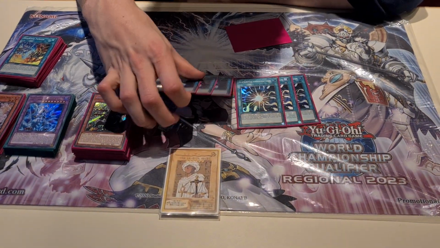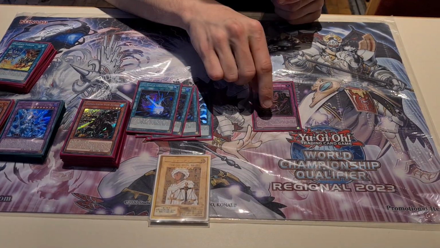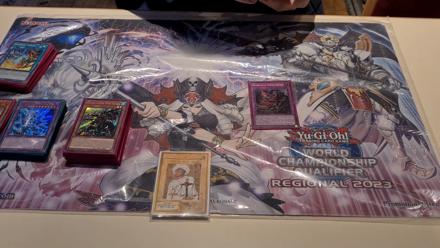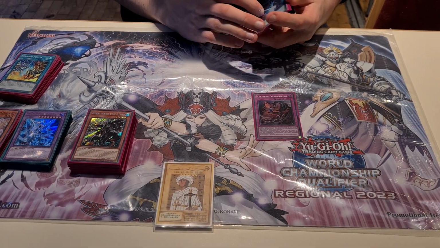And 3 Super Poly still, because it's very flexible and synergizes very well with your engine. I don't think this card needs much explanation. And then still 1 Branded Banishment. Still not 100% on this card, but it won me a mirror today, and it's a very cool